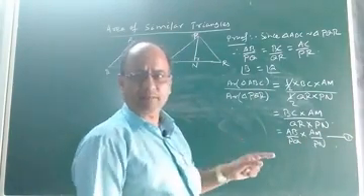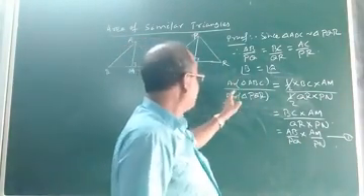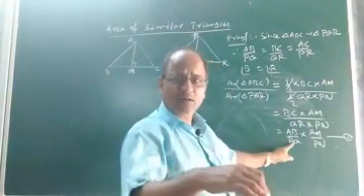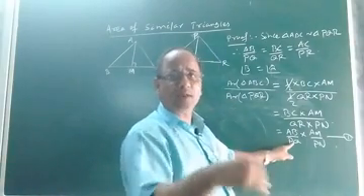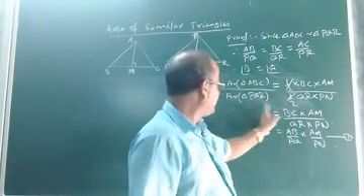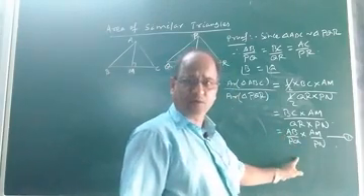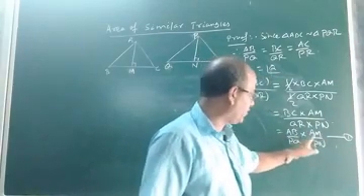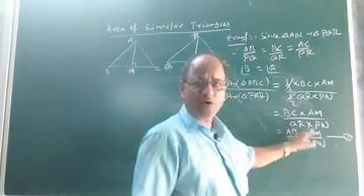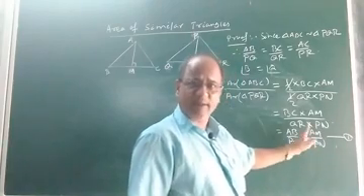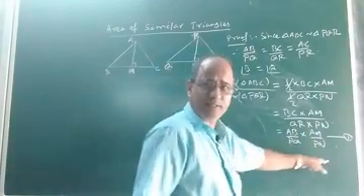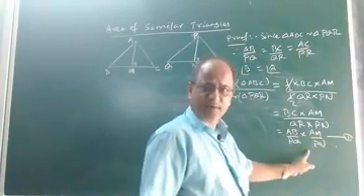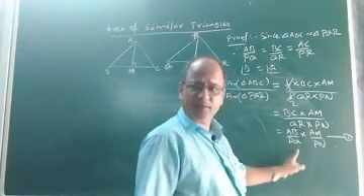Now children, what is our aim? Our aim is to show that the ratio of the areas of these two triangles is equal to the ratio of the squares of their corresponding sides. That means we have to show this ratio is equal to the square of AB by PQ, or AB square by PQ square. Now see children, if this ratio AM by PN can be made equal to AB by PQ, then the right hand side of this equation will become AB square by PQ square, or AB by PQ whole square.